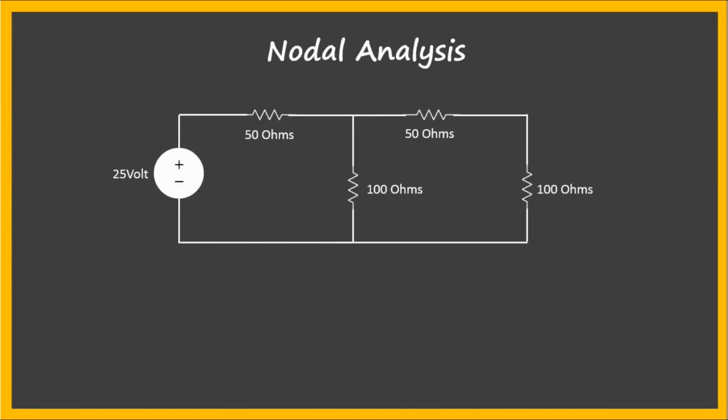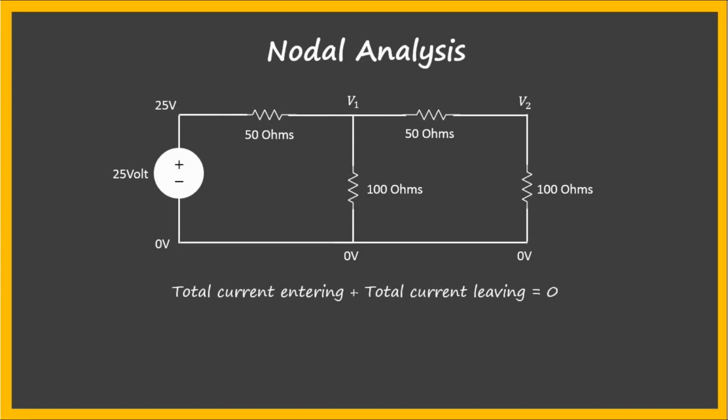This is a circuit as an example. Similar looking? Yes, it is almost the same circuit which I used in the previous video, but there is a minor change. I added one more resistor in this circuit. So these are the nodes or points where we know the value of voltages. But this time, instead of one unknown point, I added 2 points or nodes where the voltage is unknown and renamed them as V1 and V2, as you can see on the screen. Now let's use the KCL statement, which states that the entering plus leaving current at any point is equal to 0, which we discussed in detail in the last video.